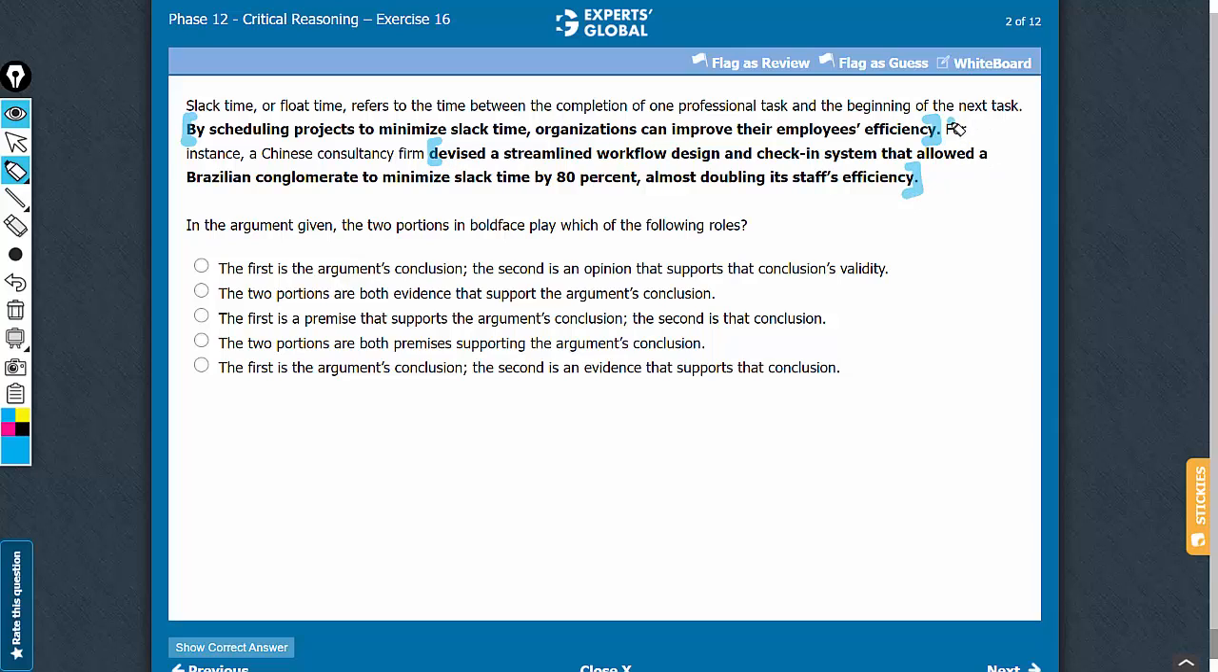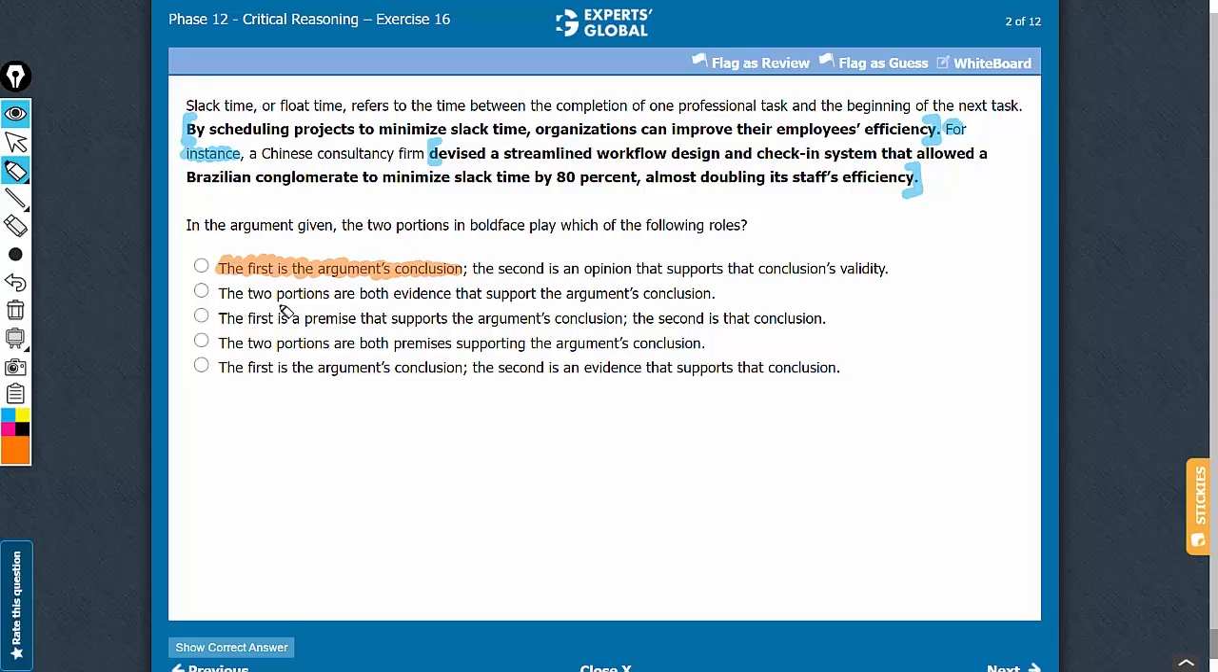You see it says "for instance," and then it comes up with an example here. So the second boldface is an example that supports the argument's conclusion. So with that groundwork in place, let's look at the answer choices. Any answer choice that does not say that the first is the argument's conclusion is not going to be